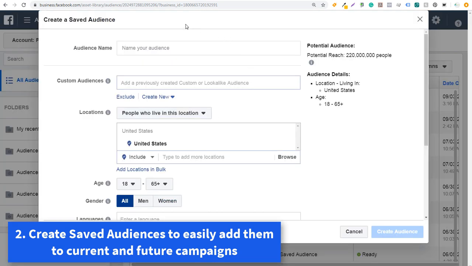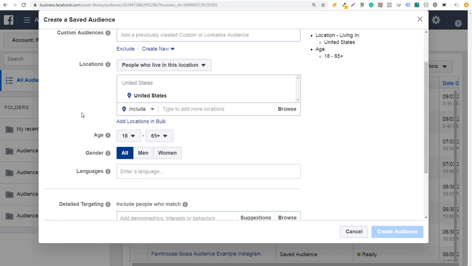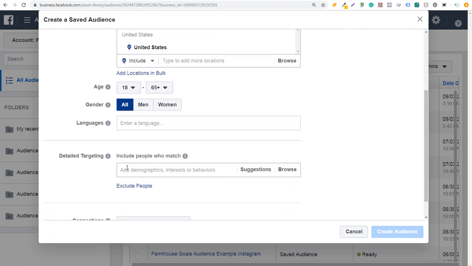And then as you go through the process of building everything out, you can add some custom audiences here, set your locations, and set up detailed targeting with interests, behaviors, and demographics. I'll go through more of these as I go through the video, and then click on create down here. What you're able to do is adjust your targeting very easily when you're setting up campaigns or in